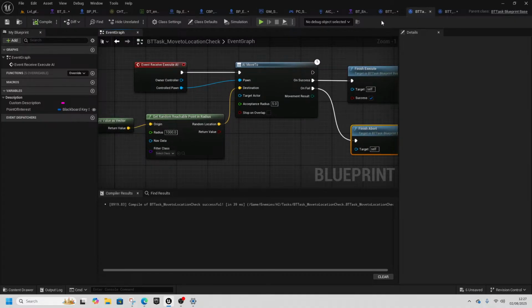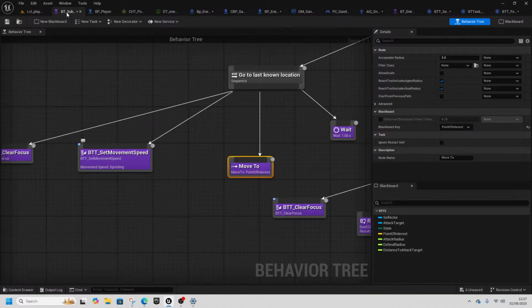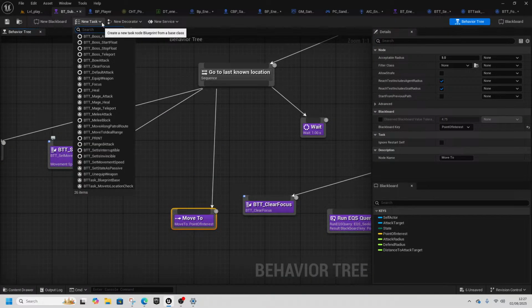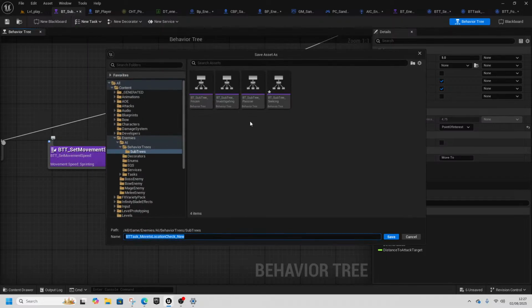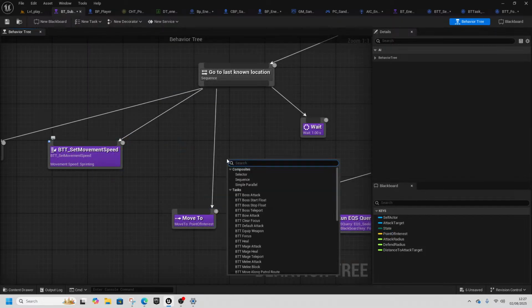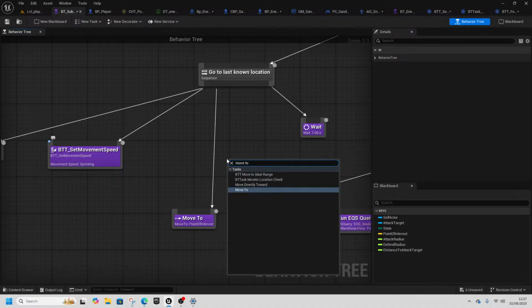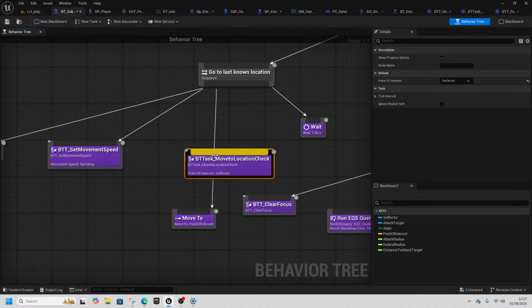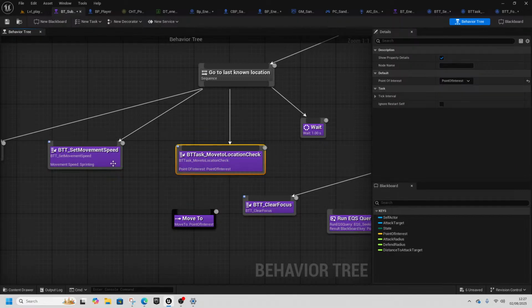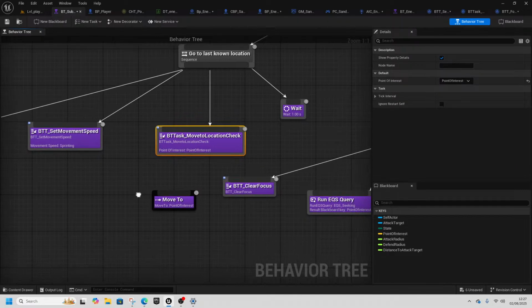Compile that, and now, rather than using this move to, we're going to use our new move to. Create a new task. Just want the move to location check. Point of interest, it'll be point of interest. I'm going to break this node. And then